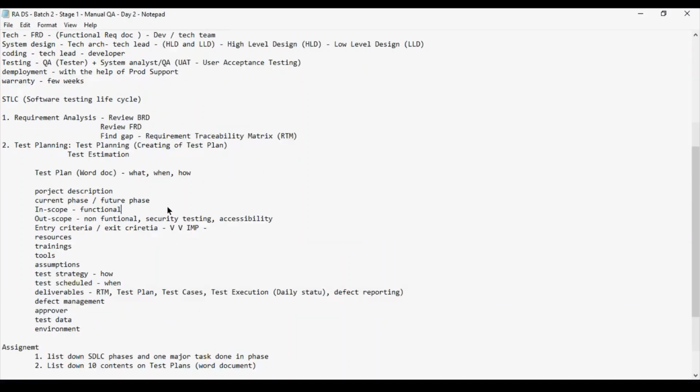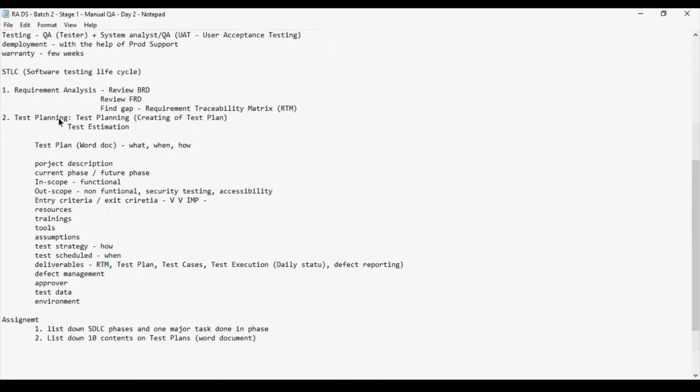Yeah, if you can see this. So I had mentioned that two activities there: one is the test planning and the other is test estimation. These two are actually dependent, because unless you have the estimation for something, like suppose if you have